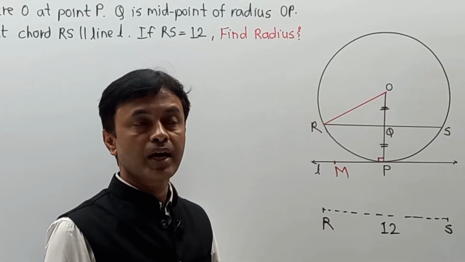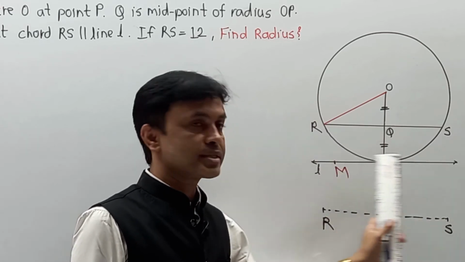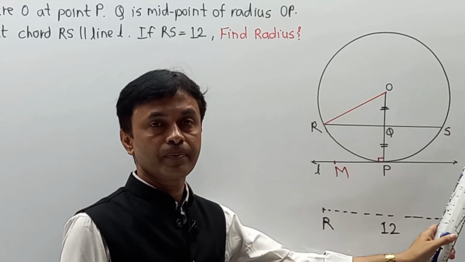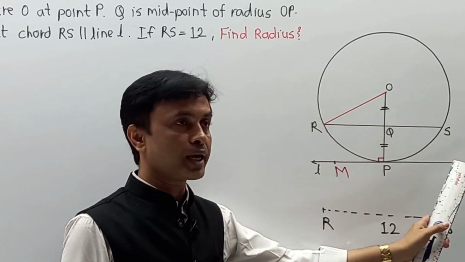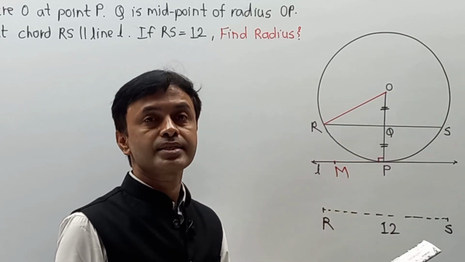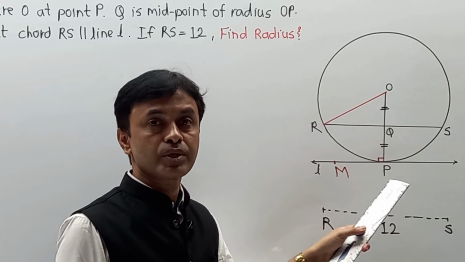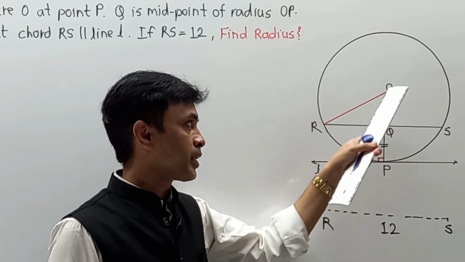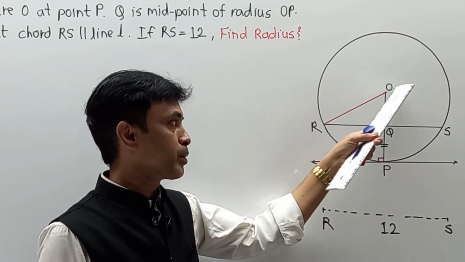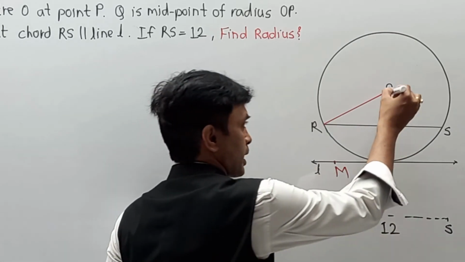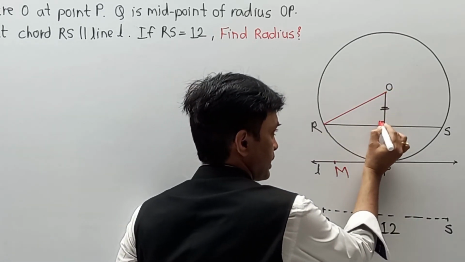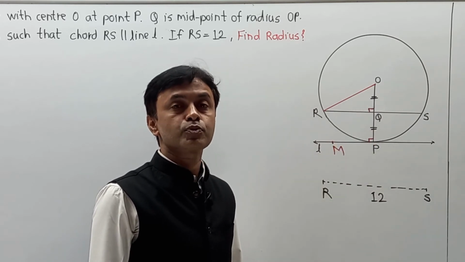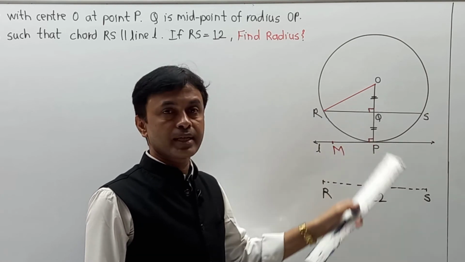After that, they have given another part, that this line L is parallel to RS, or you can say RS is parallel to line L. Then OP will act as a transversal, and naturally their corresponding angles must be congruent. Angle OPM must be equal to angle OQR. So angle OQR becomes 90 degrees. Due to the first angle being 90, we are able to get the second angle as 90, corresponding angles. Now we have this 90 over here.